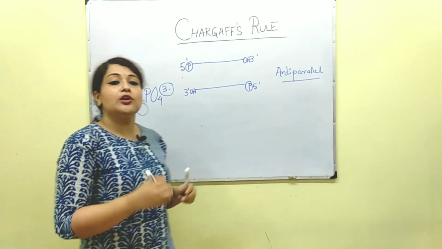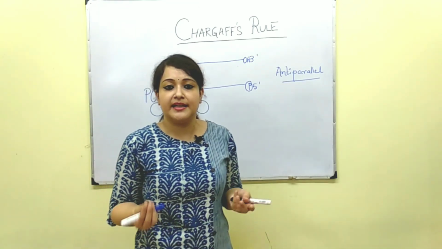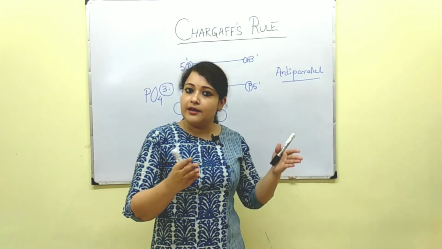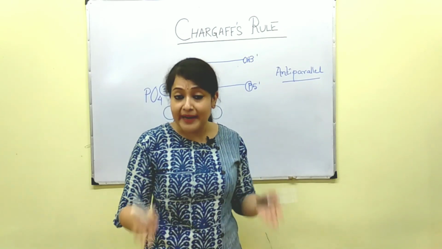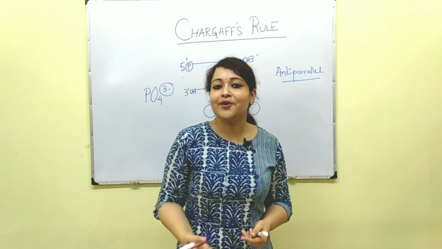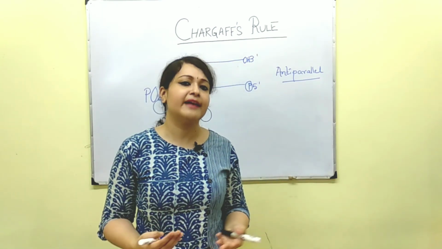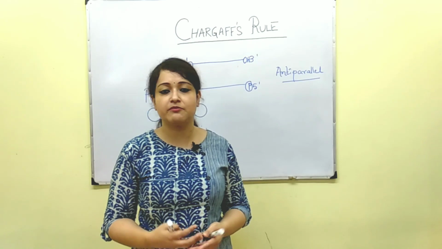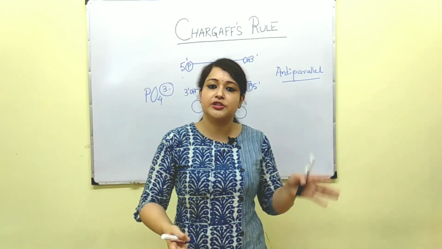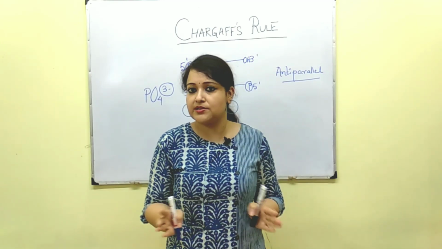Now see, we all know that the basic unit of DNA is the nucleotide. Nucleotides contain a sugar which is a pentose, that means it contains 5 carbons, right? Along with the sugar it contains nitrogenous bases, and nitrogenous bases can be of two types. One is purine, the other one is pyrimidine, and along with it phosphate is present. So this is about the components of DNA.